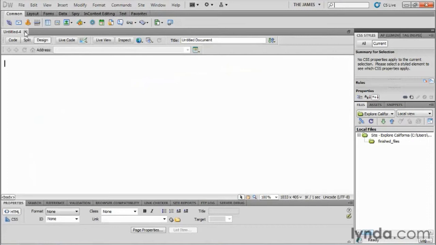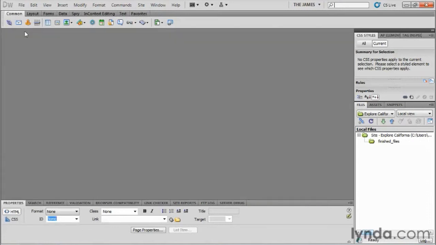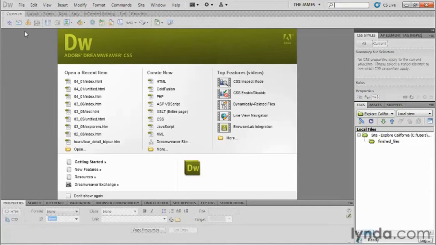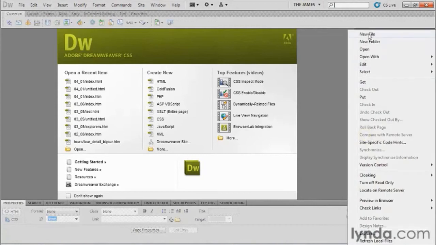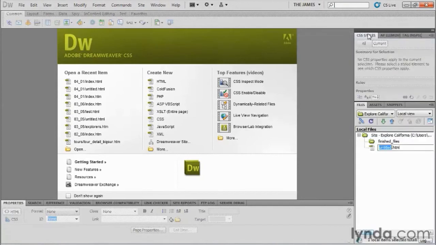Now, I'm not going to save that. I'm just going to go ahead and close it out and cover some of the other ways that we can create new pages in Dreamweaver as well. If we go over to the Files panel, I can right-click our root directory, and one of the first options is New File. I can go ahead and click on that. And this time, instead of just opening up that page, what happens is we get a brand new page over in our Files panel, and we get an opportunity to name that file. So I'm just going to go ahead and name it